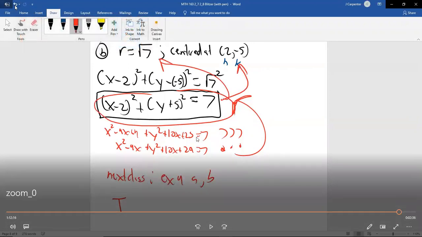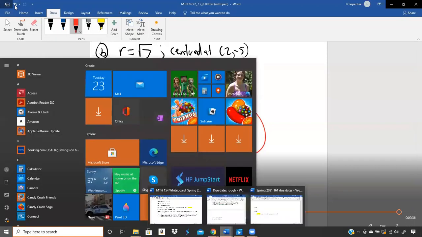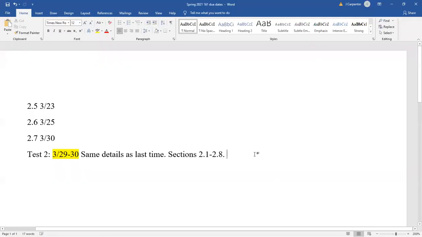Before I show those dates again, I just want to point out, I said this in chat, but this right here, I wrote an X because I was rushing. These are supposed to be Y's. So this should say y squared plus 10y plus 25. And then this would be y squared plus 10y plus 29. So make sure that if you were going that far, you make those 10 y's, not 10 x's. Sorry about that.